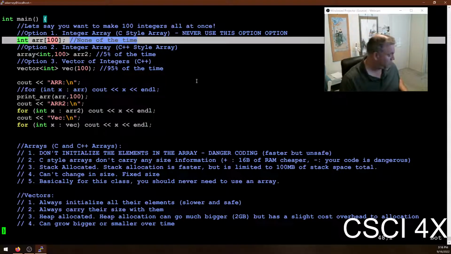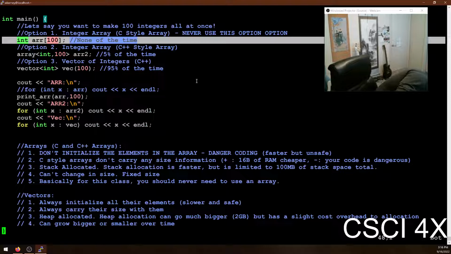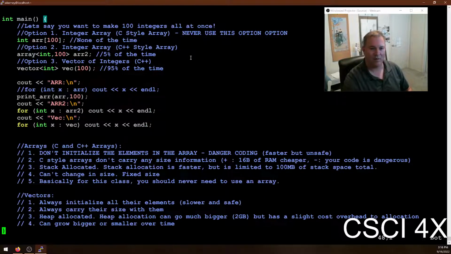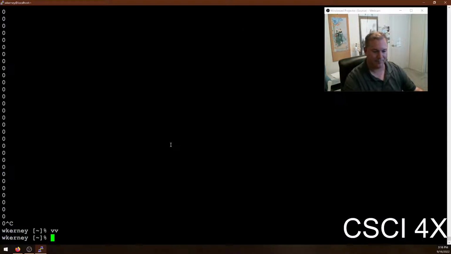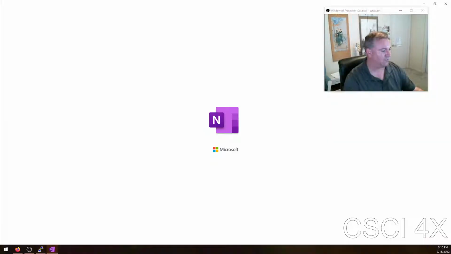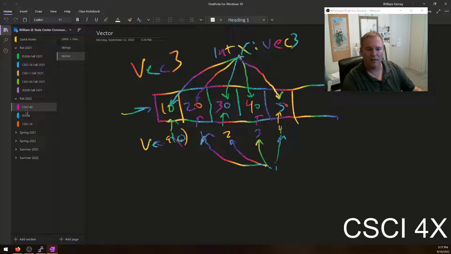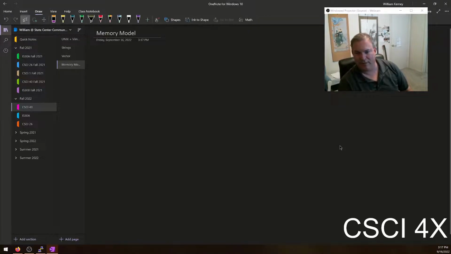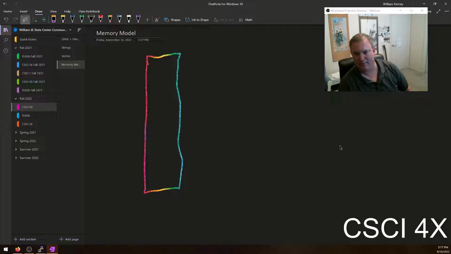Let me draw you out a picture of how memory works. There's something called the memory model in C++ that is a high level idea of how all this stuff works. Let's go to OneNote. And let's go to C-Site 40. We're going to go to memory, the compile stage memory model. Okay. So you can think of RAM as like a giant thing. Starts at memory address 0 and goes up to memory address 0x7,